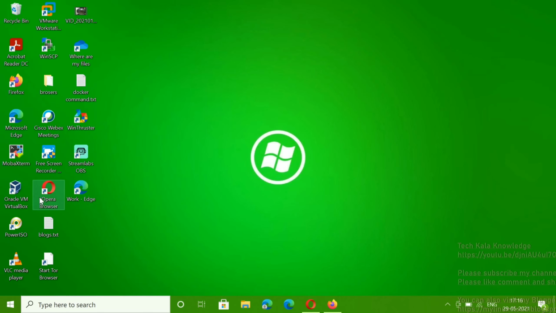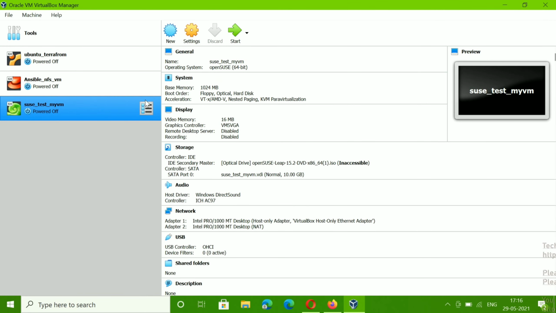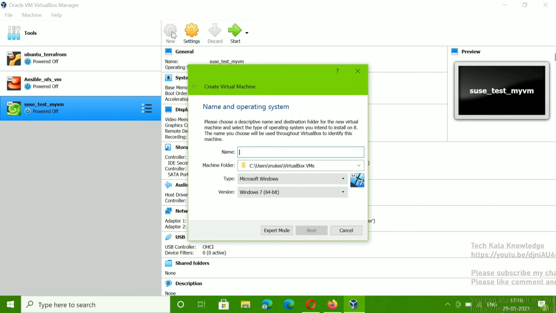Fine. Let me now open Oracle VirtualBox. These are my VMs. You have to click here on New. Here you have to give the VM name. I'm going to give the VM name test_Solaris.